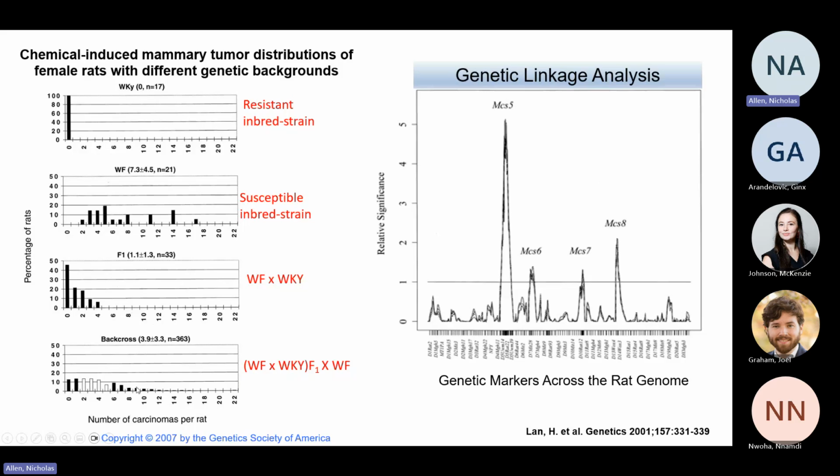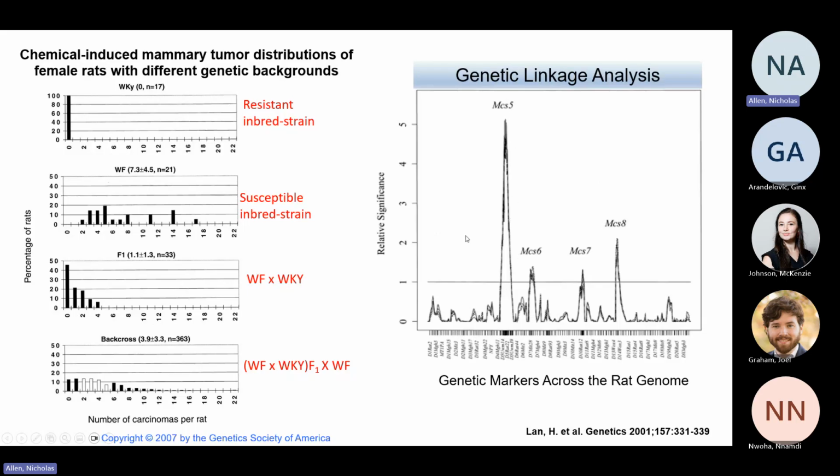So you can get multiple tumors, and then if you have markers for this, you can take these animals, genotype them across the genome, and find regions that are being inherited from this resistant strain down here, and find peaks where if the Worcester Kyoto genome has been inherited down here, well, these animals get less tumors, and